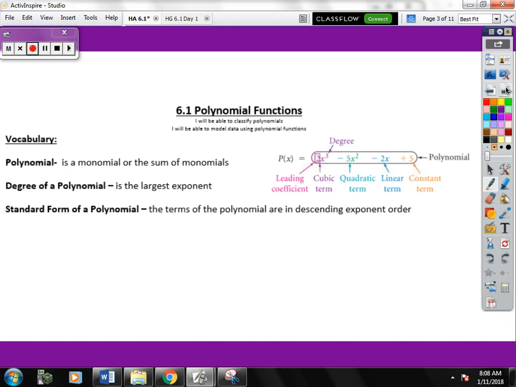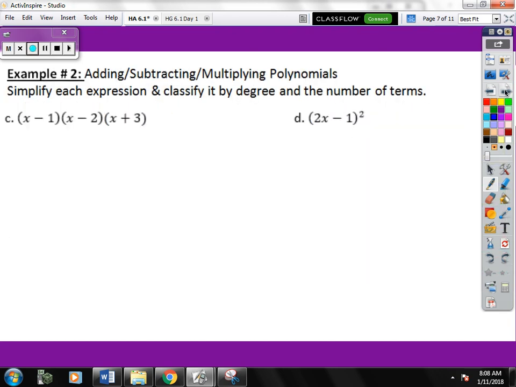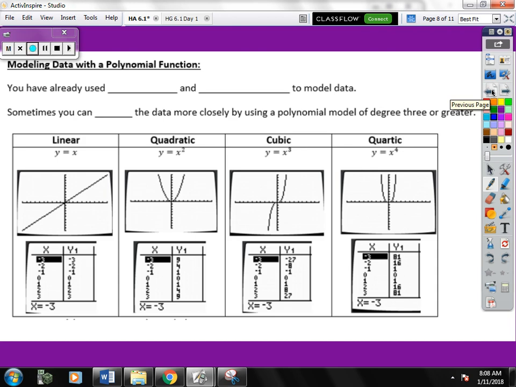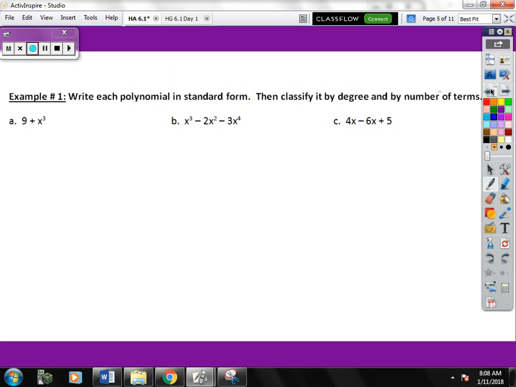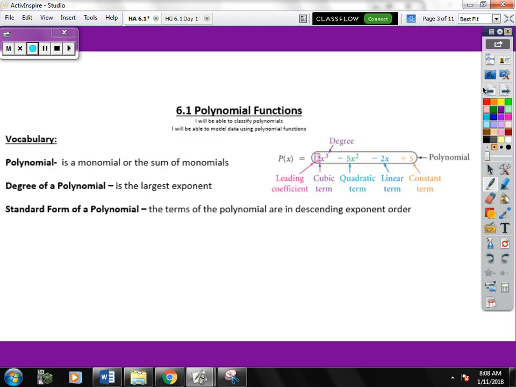And if you look on the back of our notes today, we'll also be graphing them. So we've seen linear, we've seen quadratic. Today we'll actually get into cubic and quartic and some of the quintic regressions. To start off, I just want to make sure this is all prior knowledge, what's on the front of the notes pretty much, that we all know how to name a polynomial by the degree and the number of terms,